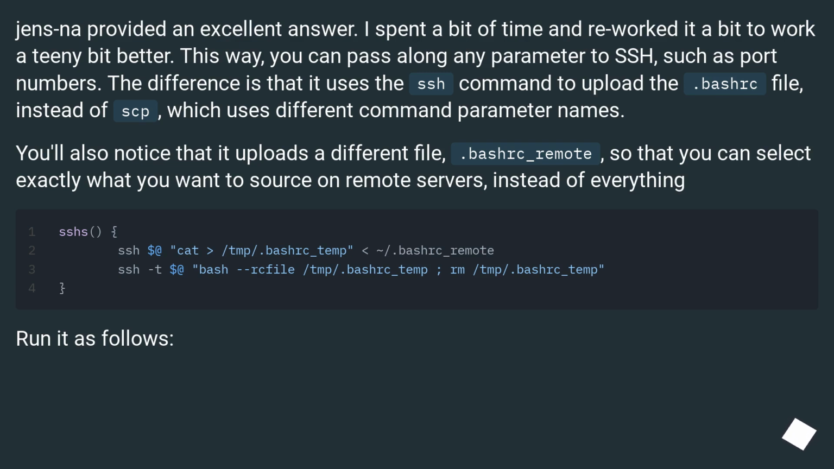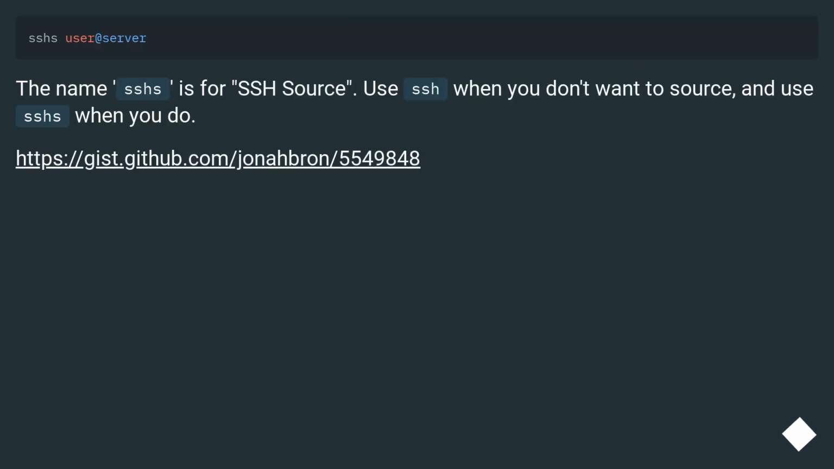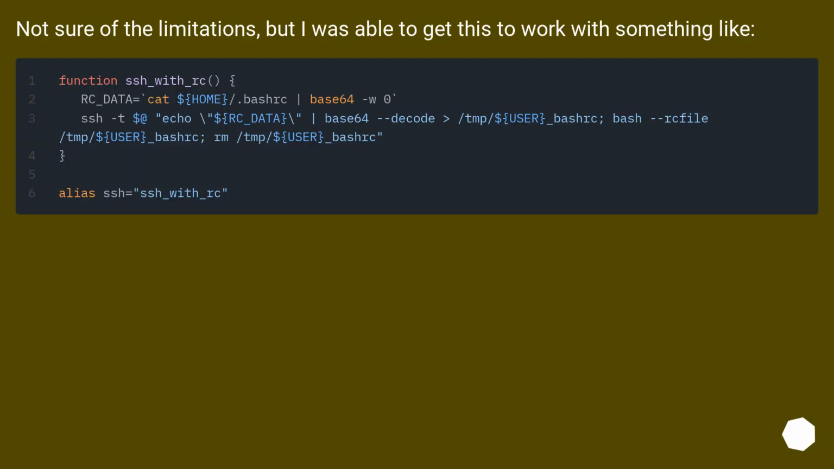Run it as follows. The name sshs is for ssh source. Use ssh when you don't want to source, and use sshs when you do. This URL. Not sure of the limitations, but I was able to get this to work with something like